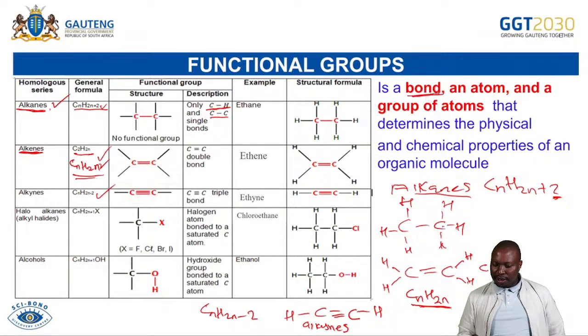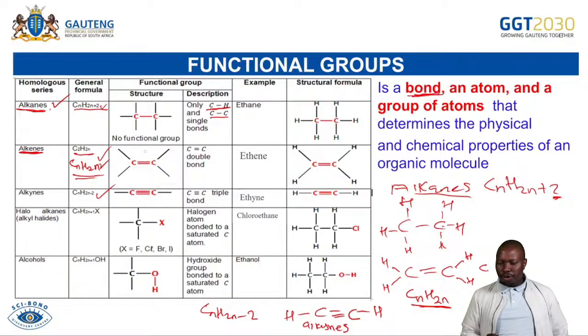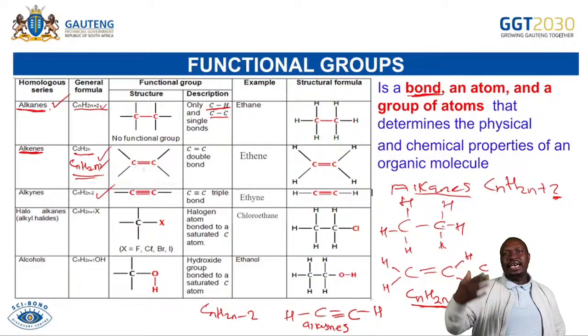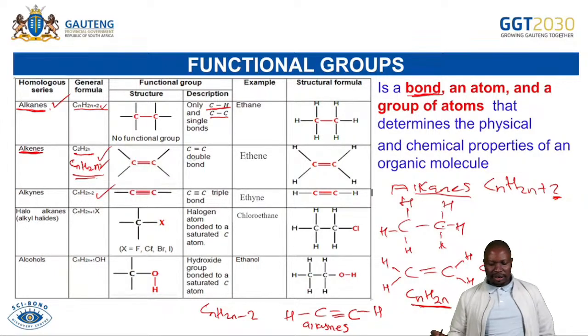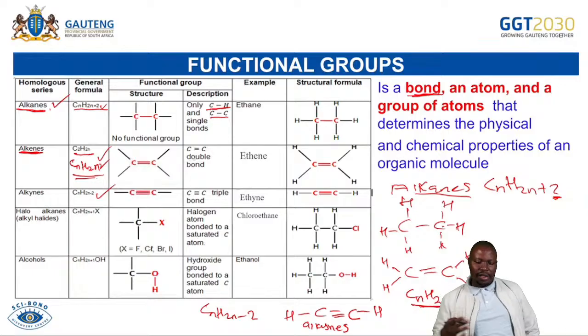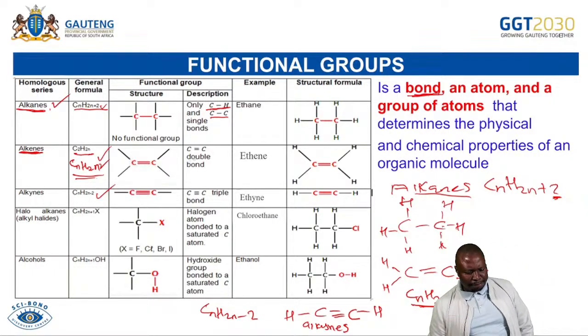So a functional group is indeed a bond, because you can see the carbon-carbon double bond is showing you a functional group. Is it indeed a what? A bond, because it differentiates alkenes from alkanes. How are alkanes different from alkenes? It's because of that extra bond between carbons. We have a carbon-carbon double bond in alkenes, but in alkanes we have carbon-carbon single bonds. I hope you saw that a functional group is a bond. I was able to show you that.